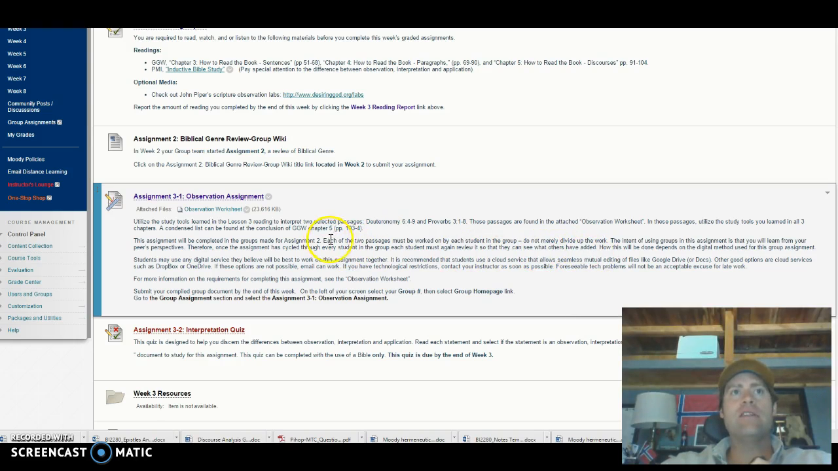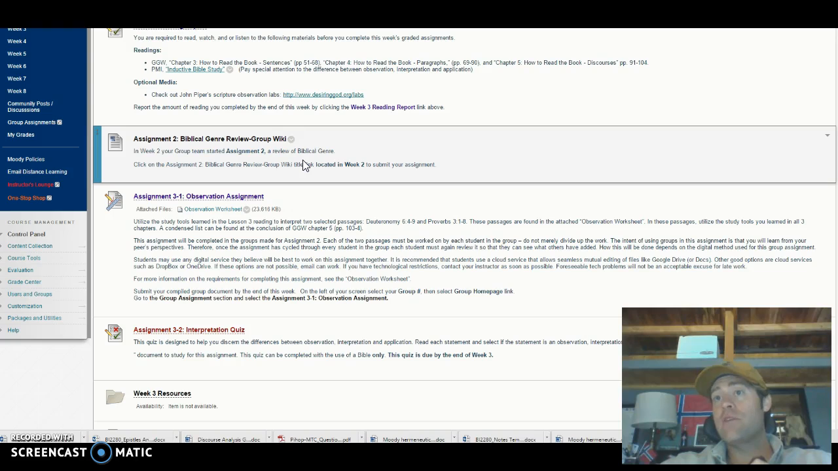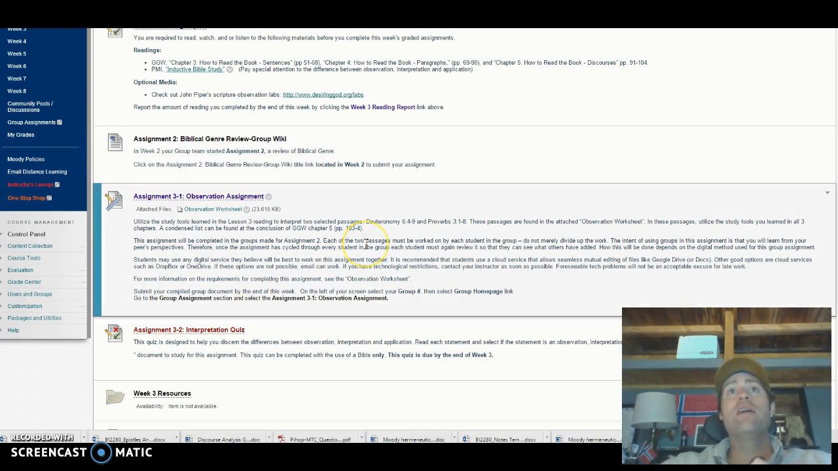And I don't think I read this part. Each of the 2 passages must be worked on by each student in the group. Do not merely divide up the work. So last week we let you divide up the work for assignment 2. This week you're not dividing up the work. The good news on that, for those of you that have people in your groups that aren't responding or lagging behind, is